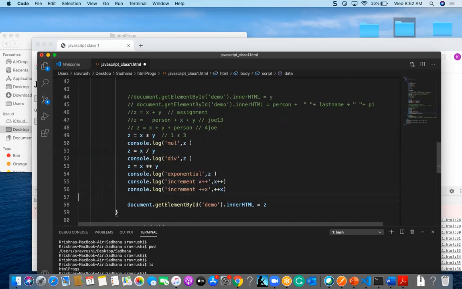However, we can check for minus minus also, like this.